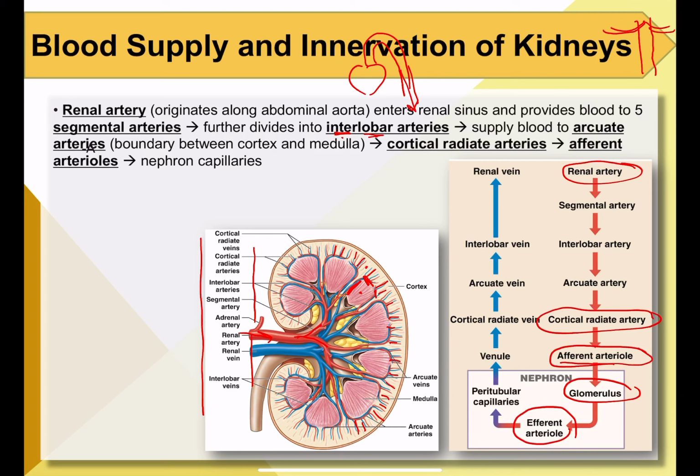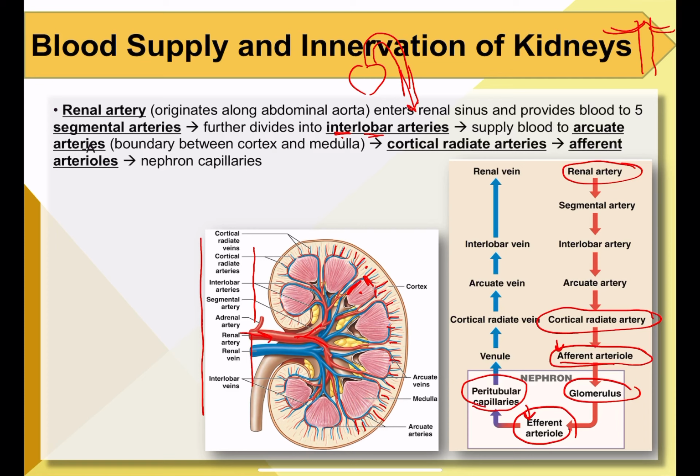Remember what I said about afferent and efferent. Afferent is for arrival of the blood. Efferent is for exit of the blood. And from the efferent arteriole, the blood is going to circulate around the peritubular capillaries, which are capillaries that surround your